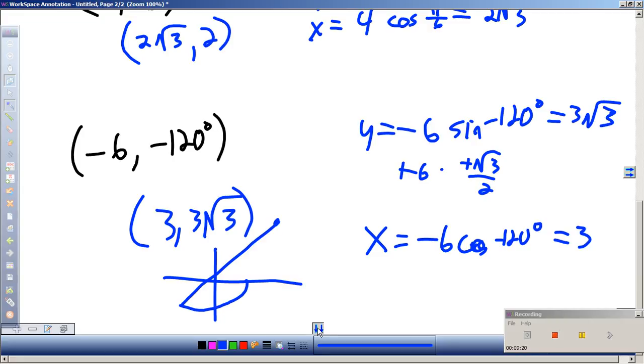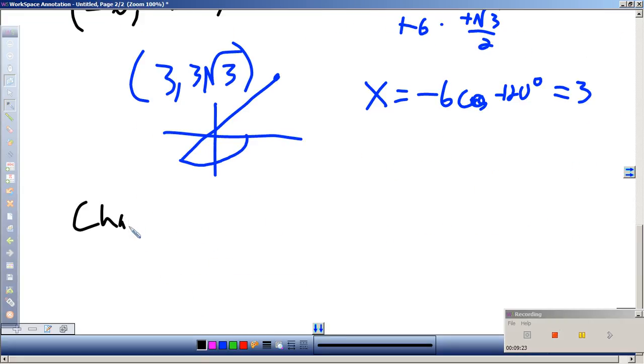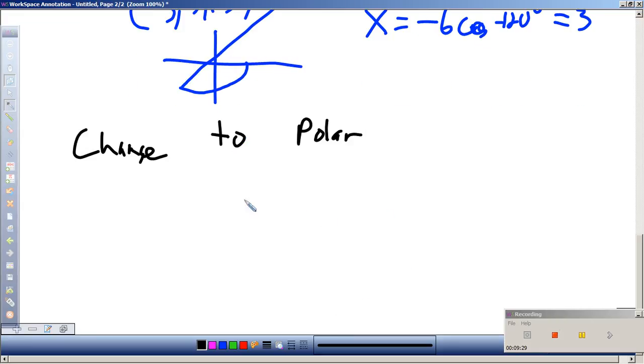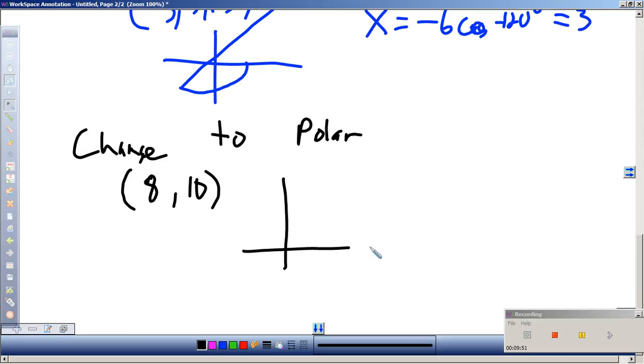Now, if we're changing the other direction, change to polar. So here we were changing to rectangular, here we're going to change to polar. And let's say 8, 10. So first, how do you get r? We're just doing x squared plus y squared equals r squared. So r equals square root 164,